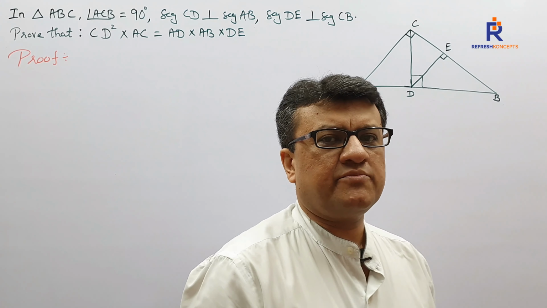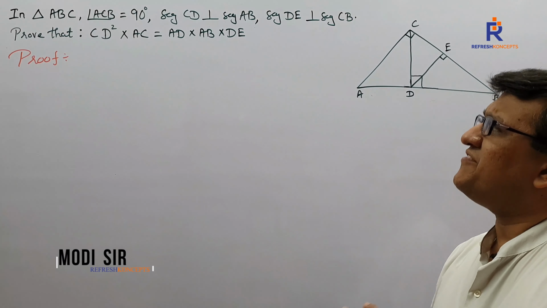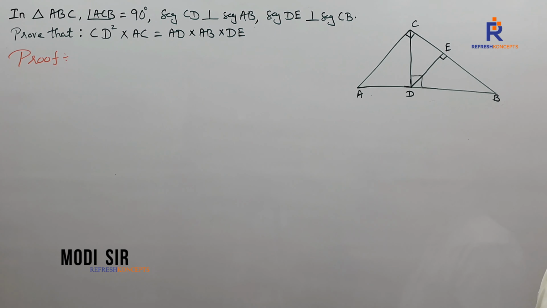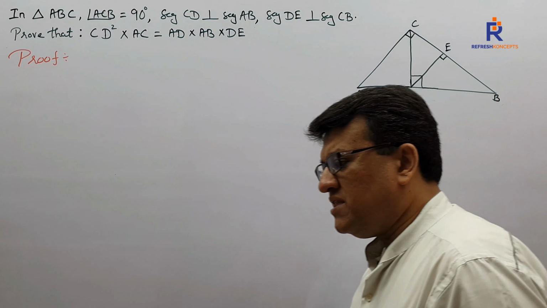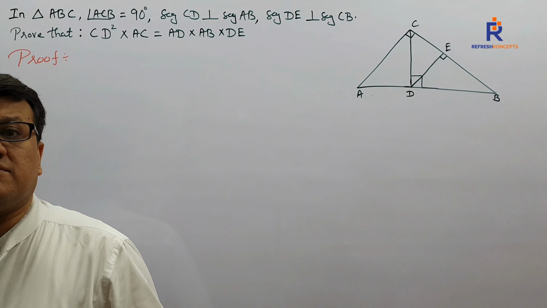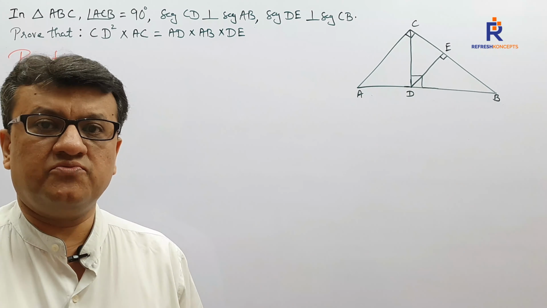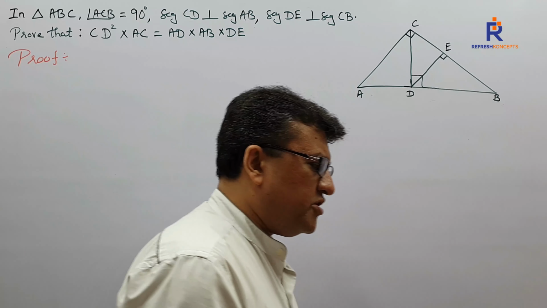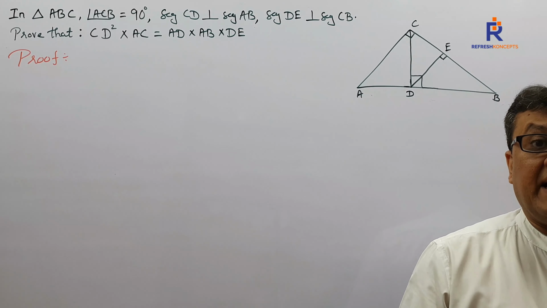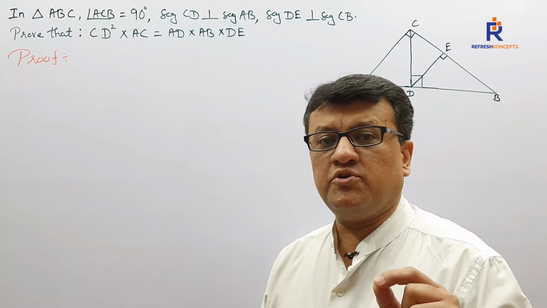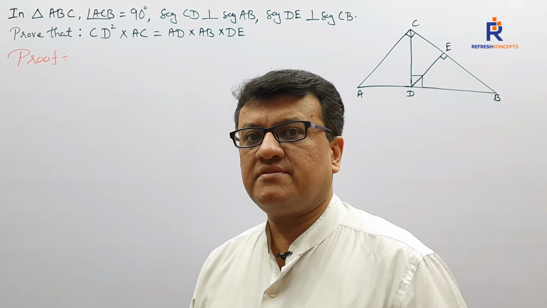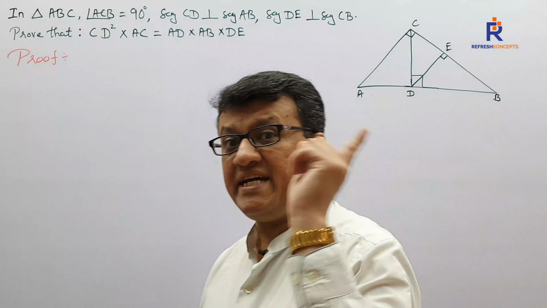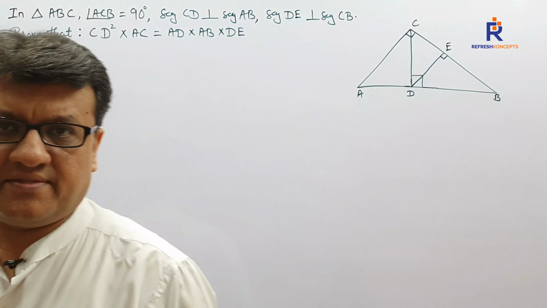Let's see what is next, children. By looking at the figure and the proof, you might find it difficult, but it's very easy, so long as you apply all the fundamentals, the concepts and the theorems which are being given to you. The sum is very easy. In this sum, from the diagram itself and from the proof, I'm going to derive the entire solution. We are going to write down the entire solution from the diagram and the proof, right?